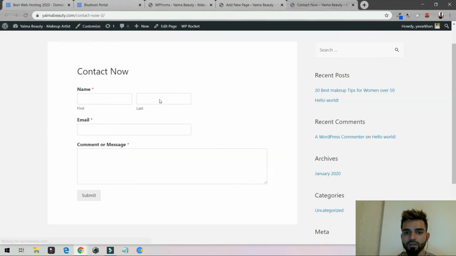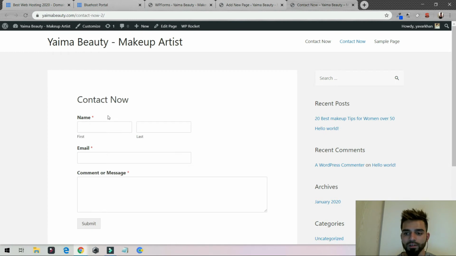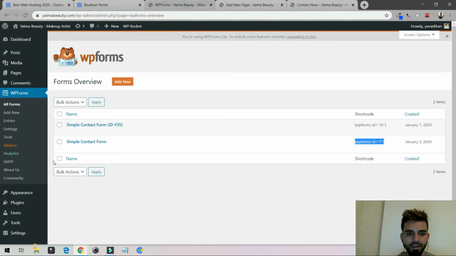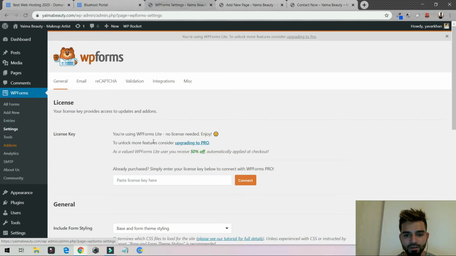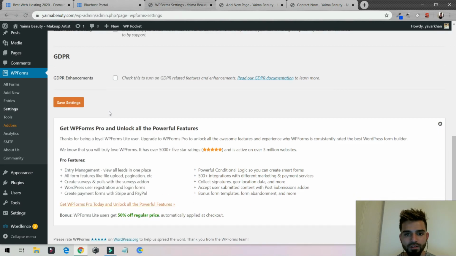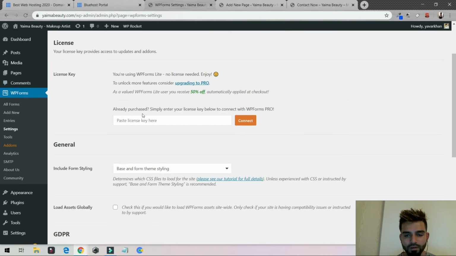And this is how the contact form looks. It looks really good. It's mobile responsive as well. So this is what you need, and it's very simple, and all the entries would come over here. Then if you go on settings, you'll get all the emails over here. So that's it guys. So you can paste the license,